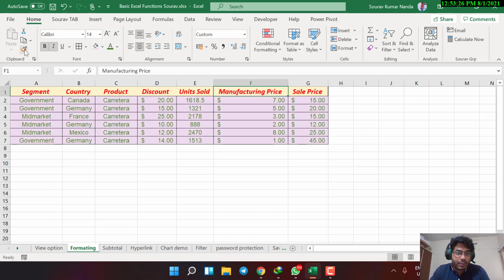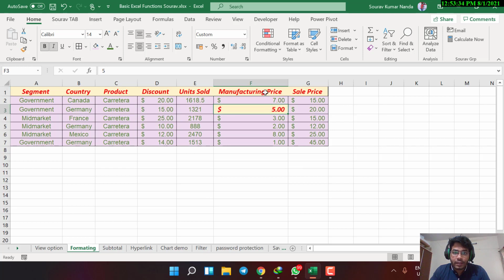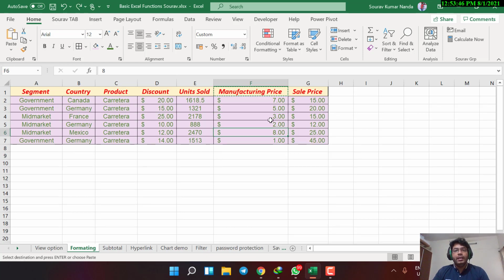I'll click on the format painter here, so it will copy this format, and then if I click on 7, let's say I want 5, I click on just 5, that's it. Everything will be copied, the size, text, design, color, everything will be changed. And if you want to go back, then definitely you can click on Ctrl Z. It's saved here every time. That's it. So I think that's all the basic things we need to learn here.